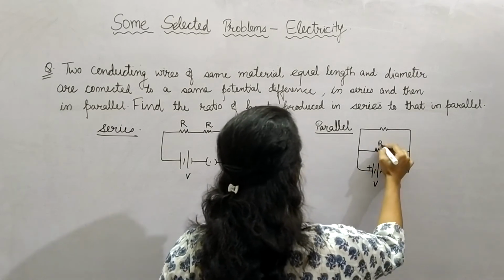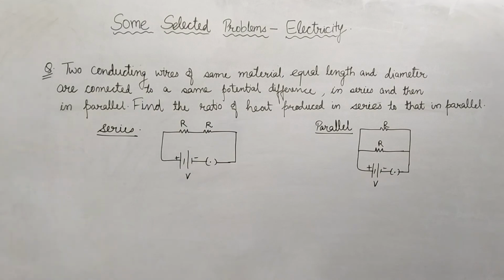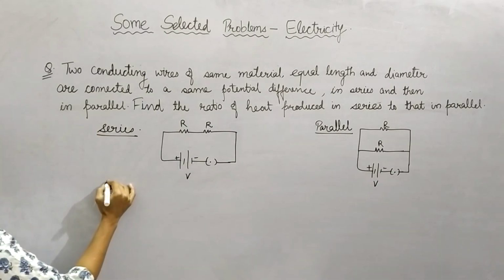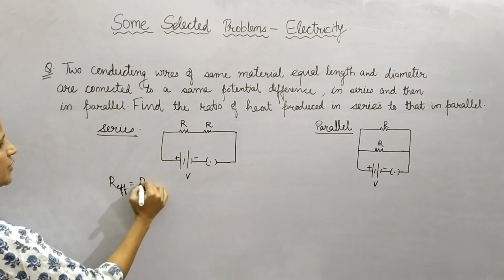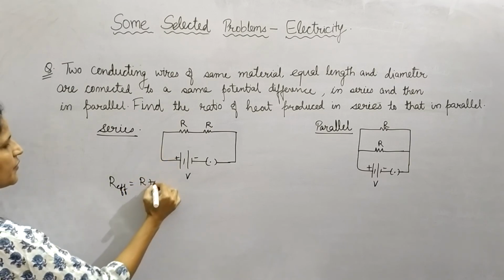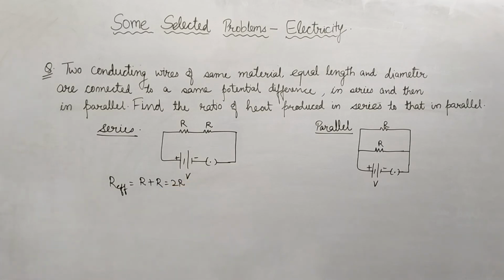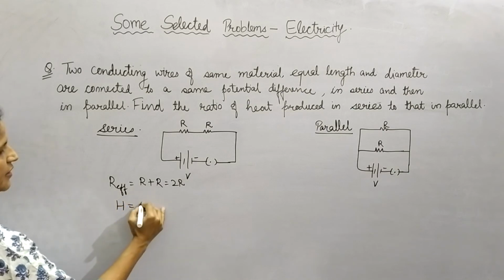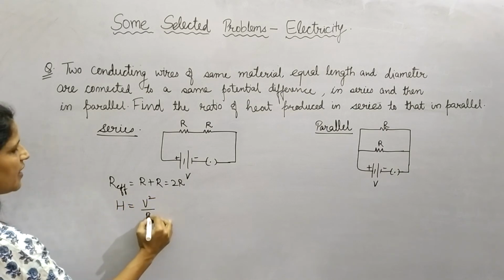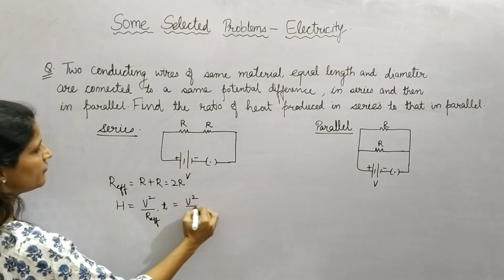So this is R and this is also R, and this is in series. So in series combination the effective resistance of the circuit is Rs, which is equal to R1 plus R2, तो it will be equal to 2R. ये 2R resistance हो जाएगा इस केस में, ठीक है. और using this value I can find out the value of heat using V square by R effective multiplied by time. तो V square V ही रहेगा.